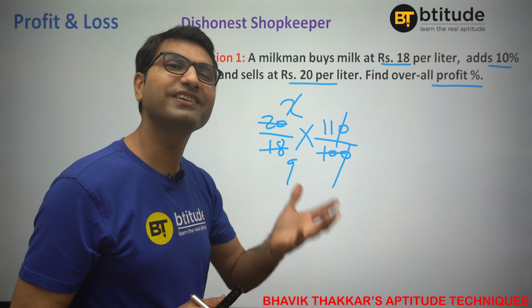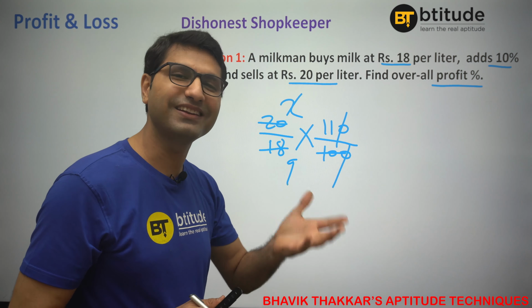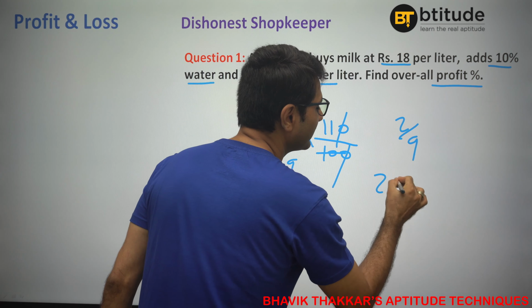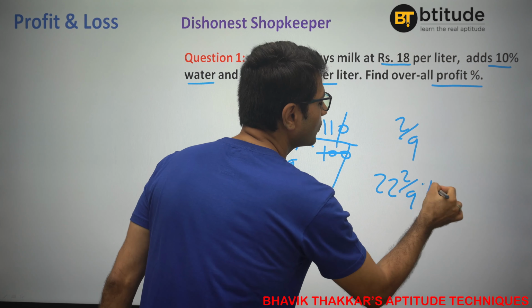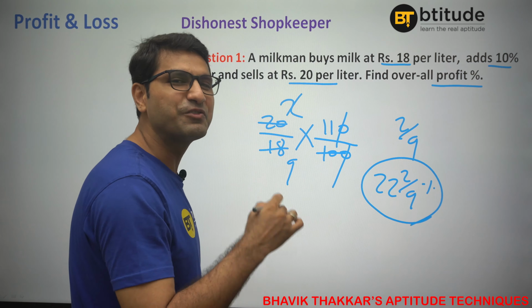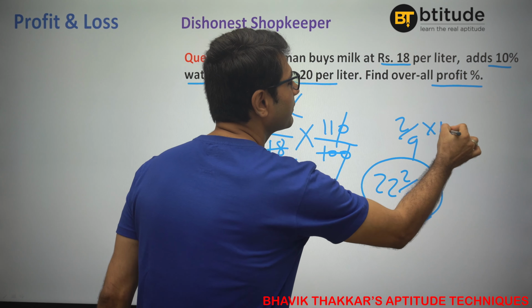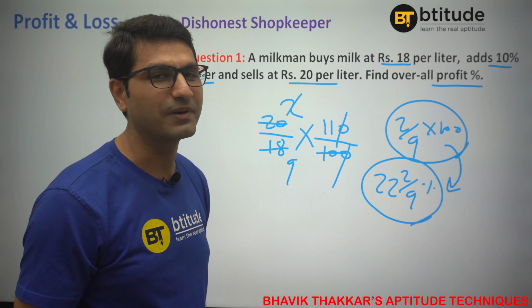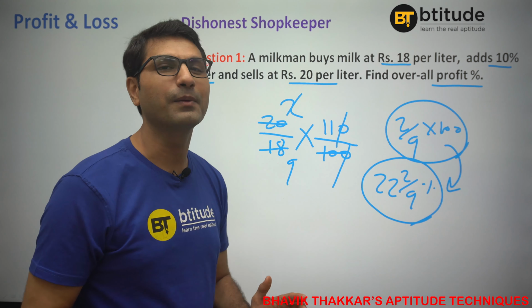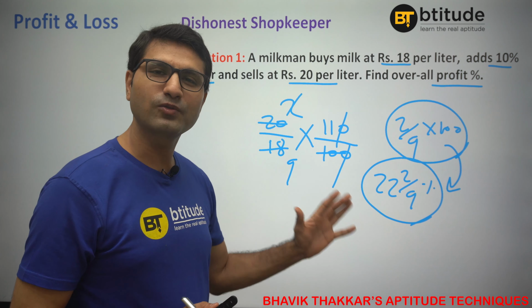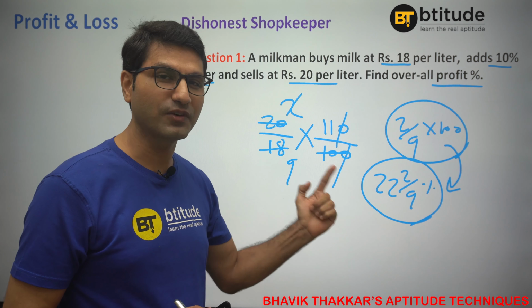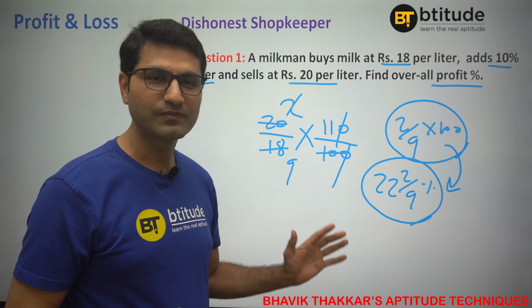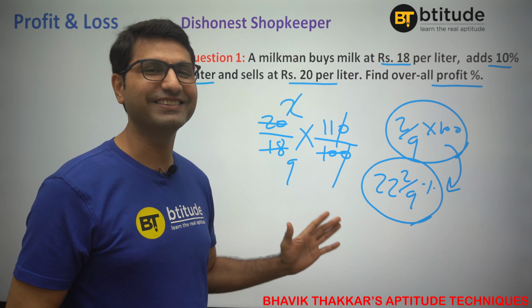So that means how much increase? It was already 1. So 2/9 is the increase. So in percentage, it is nothing but 22 2/9%. You ought to remember the percentage table. If you don't remember the table, you will have to multiply it with 100 and find out percentage, which is nothing but 22 2/9%. But better you remember the table. You memorize the table. It is also there in the second video or maybe even the first video of that playlist. Alright then, it was this easy.